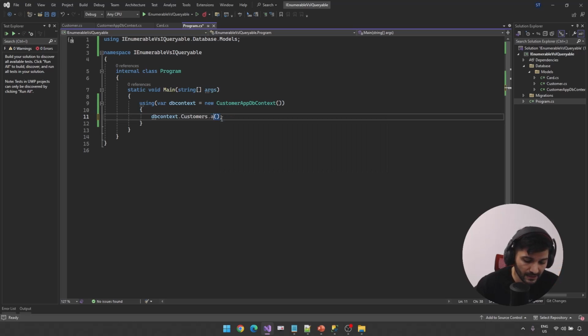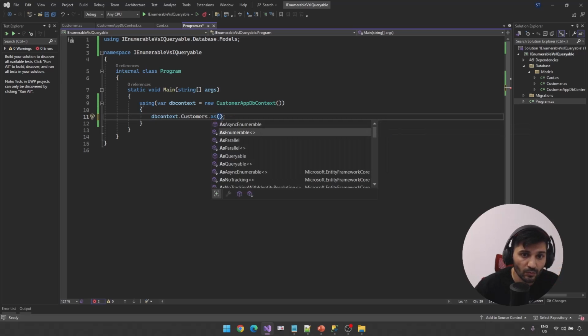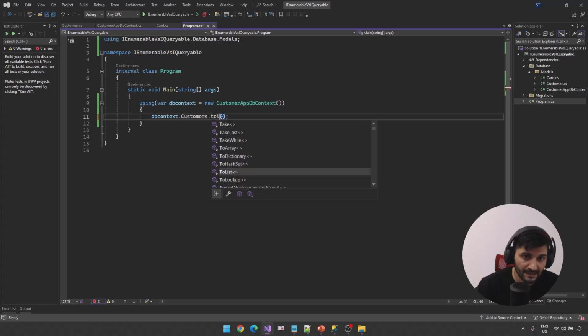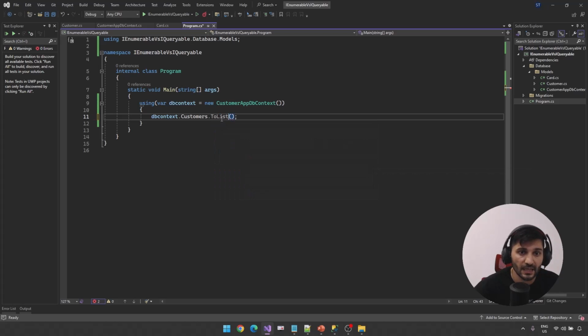You can provide it as enumerable data and it will return IEnumerable, but making it to list IEnumerable, for now it doesn't matter for us. Let's get information as list information. Actually this is also one type of IEnumerable implementation. So I am retrieving all the customer information here, and